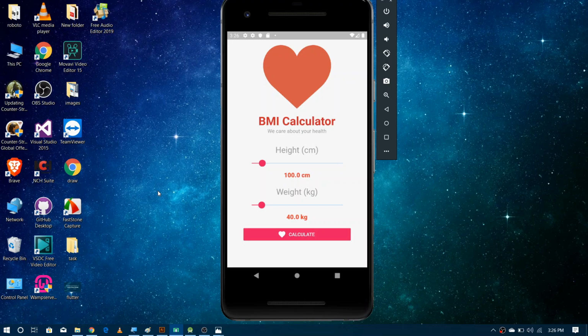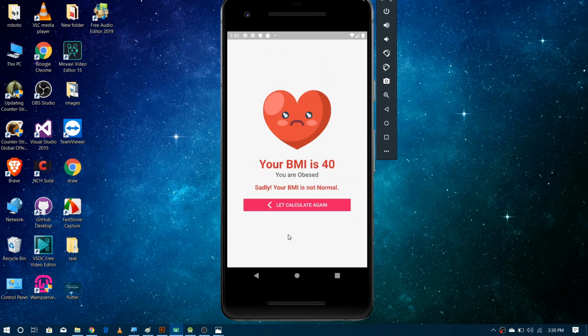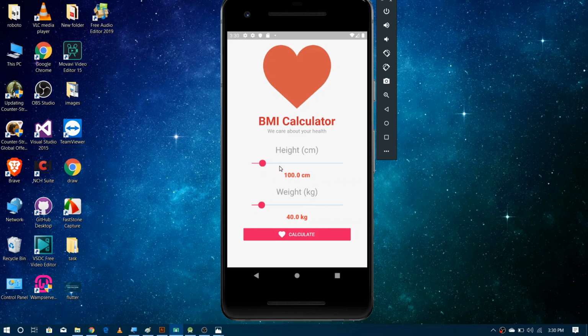In this video, we're going to make the BMI calculator application that you can see on the screen. The user has to give the height in centimeters and weight in kilograms in order to calculate his or her BMI. So if I click here on calculate, you can see the BMI being abnormal. Now if I go back and try with some other values, like with my own, 160 around and 60 here, so if I calculate it,